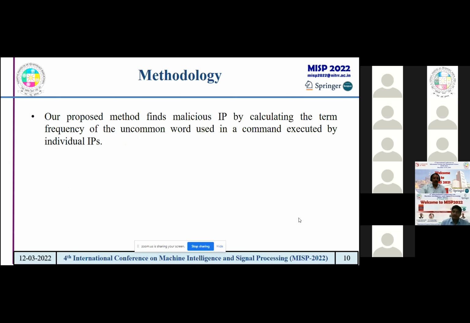If a malicious command comes repeatedly from a particular IP, we know that this IP is malicious and goes into the malicious category. If the IP comes and does not perform any command, or just performs simple commands like looking at the directory structure, we consider these research bots, so they are benign. Our proposed method finds the malicious IP by calculating the term frequency of uncommon words used by a particular IP. So we calculate the overall frequency,